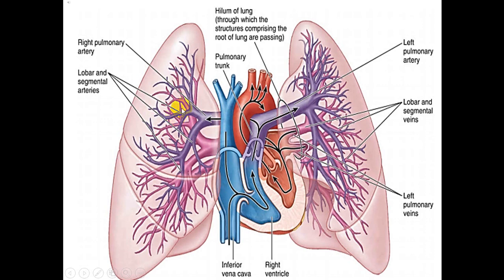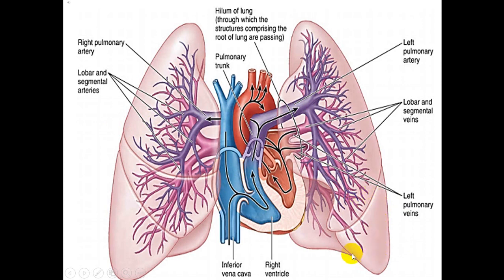Each pulmonary artery divides and gives rise to secondary or lobar arteries. Their number corresponds to the number of the secondary bronchi. And then each lobar artery is going to divide into tertiary branches, which are the segmental arteries. They are going to enter the bronchopulmonary segment along with the tertiary bronchus. So arteries are intrasegmental, and they are going to divide into the capillary plexus, which is present around the alveoli.